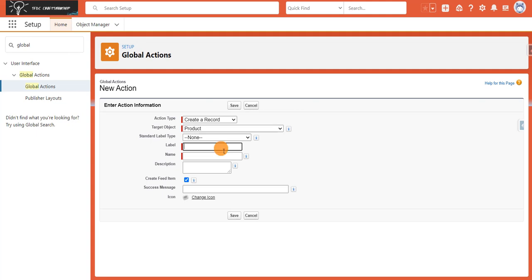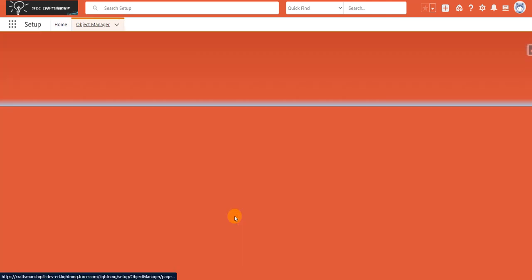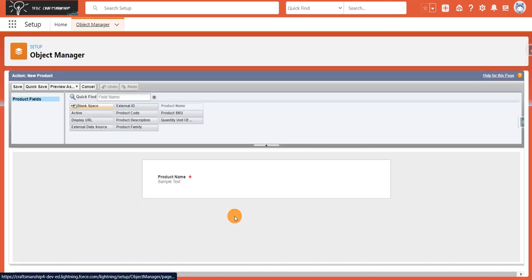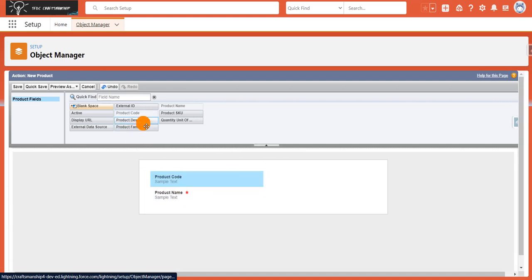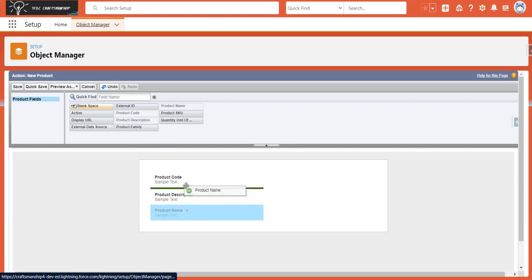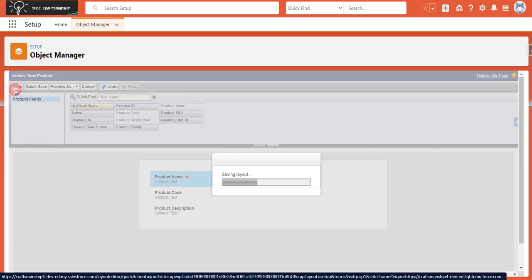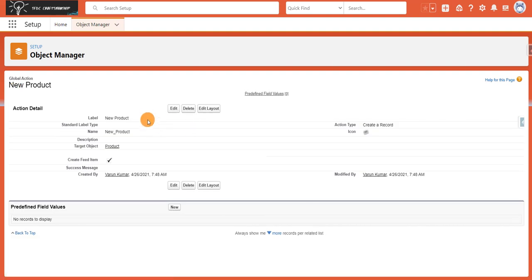I'll name this new product and click on save. Here I'm going to drag a bunch of fields like product code and product description. Product name comes first, and click on save. Now we have created this global action successfully.